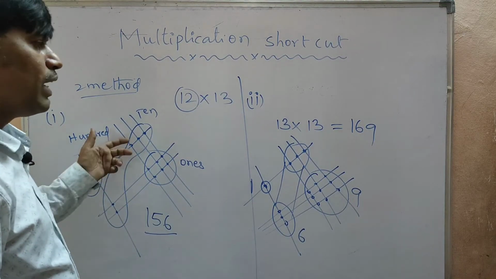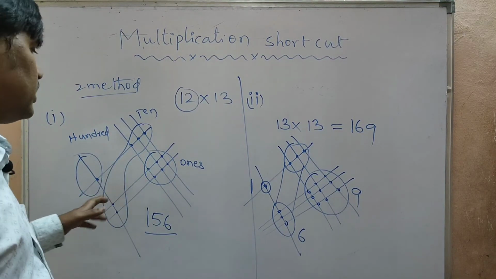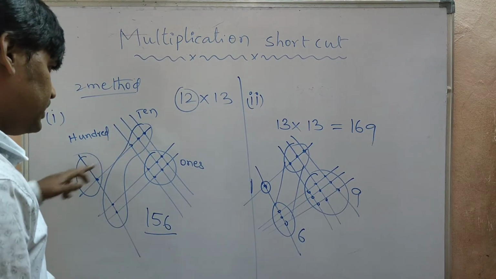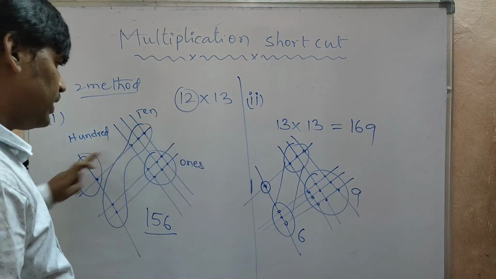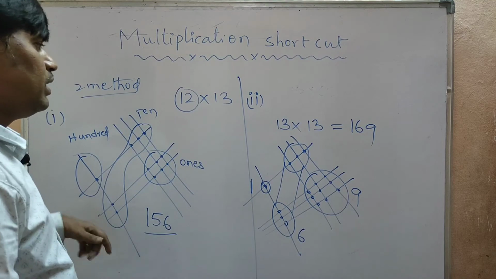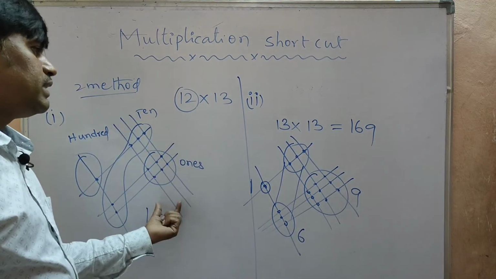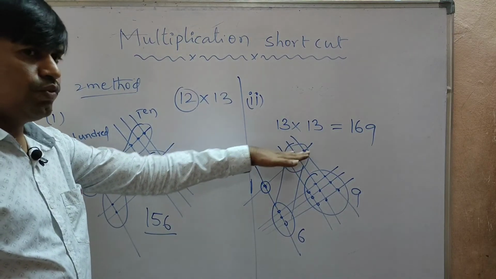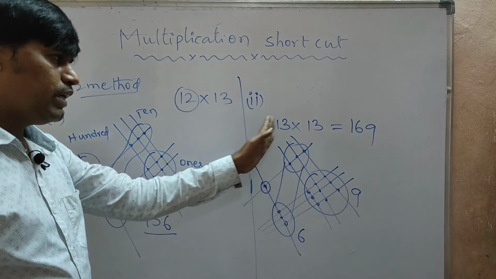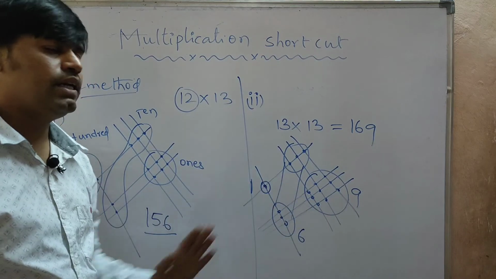Okay, it is your line method. Here you can take one line like this. Instead of this 12 I am taking one line, next 2 lines I am taking. Here instead of 13 I am taking here 1 line and 3 lines. Instead of 13 and 13, 1 line and 3 lines I am taking, like that only.